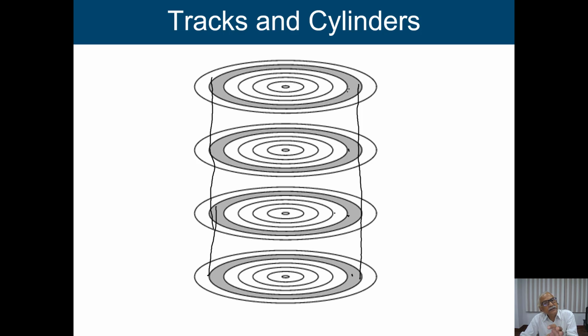A cylinder is nothing but the collection of tracks, and in a cylinder, one track will come from each and every surface. Okay, so these are the concentric rings whose diameter, or say radius, is the same, and they form a cylinder. We can say that now data is organized as a cylinder. We will see what are the advantages that we are going to have. Now you just see how we are organizing it.